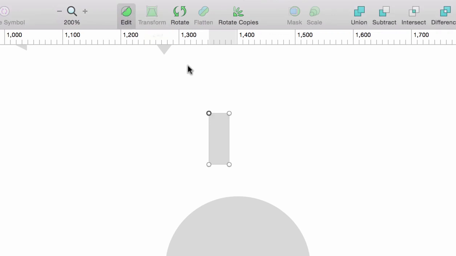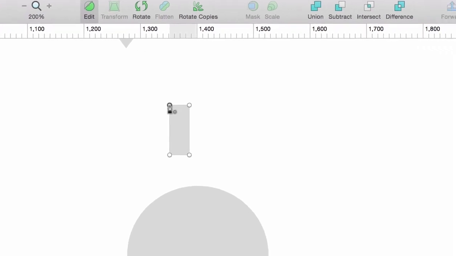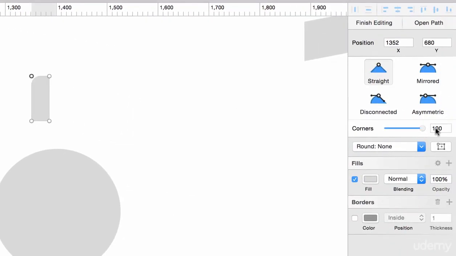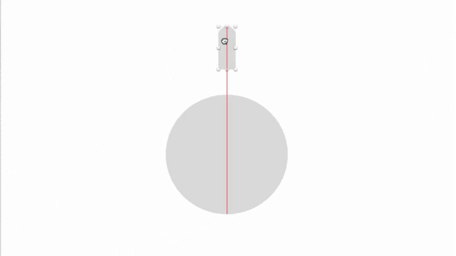Now I want the top of this rectangle to be round and the bottom to be straight. So what I'm going to do is go up to Edit and select this top left point and change the corner to 100. I'm going to do the same with the right point. Select it, change the corner to 100, and there we go. I now have that rounded top and the straight bottom. Next, make sure you have it centered exactly how I do, right here on top of this